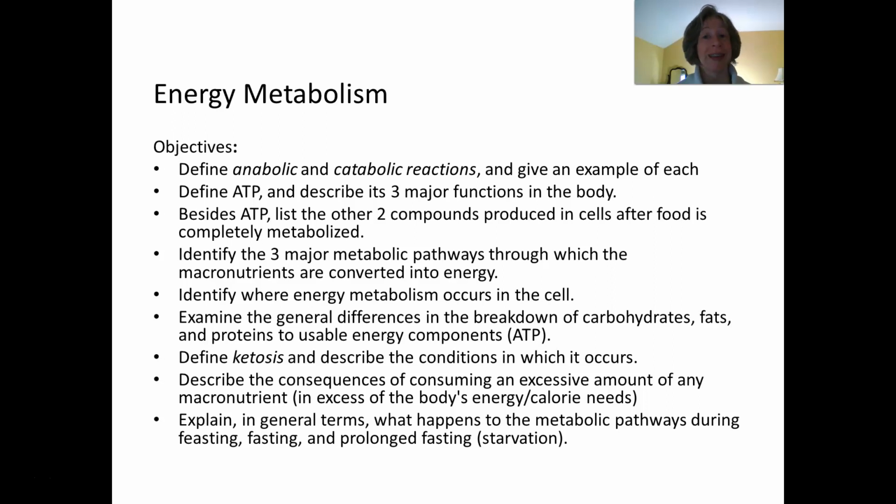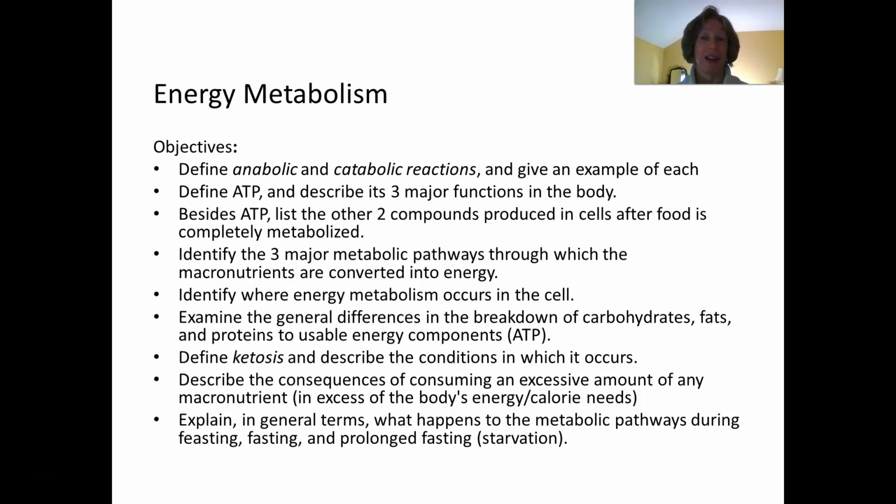energy or calorie needs. Too much of anything, too much carbohydrate, too much protein, too much fat will get converted to triglycerides and stored as fat in your body's tissues. And explain in general terms what happens to the metabolic pathways during feasting. We just talked about that. Everything gets converted to acetyl-CoA, and then they combine together into fatty acids, and glycerol combines, and you form more